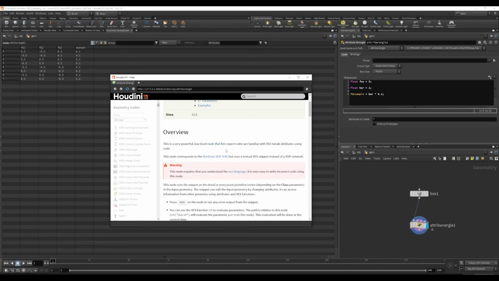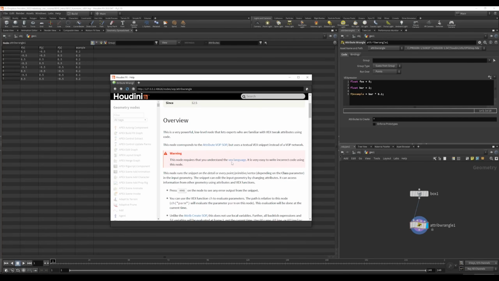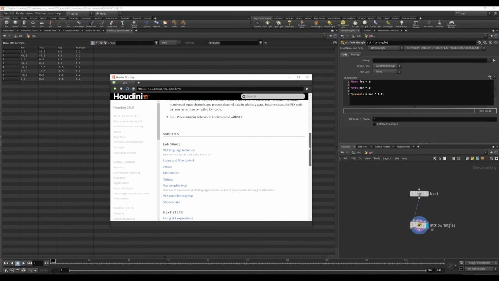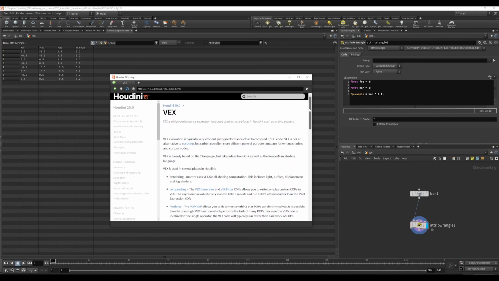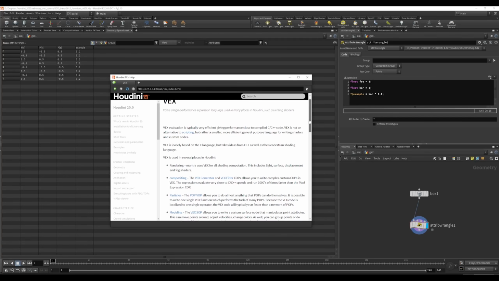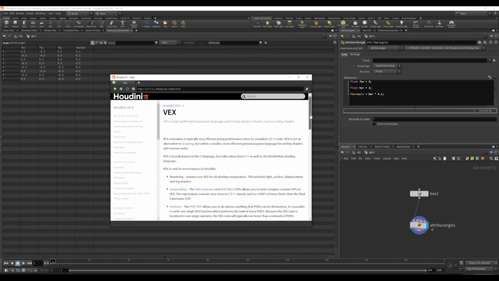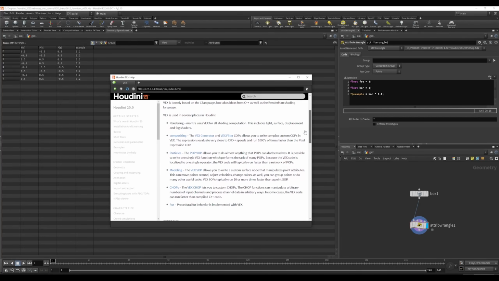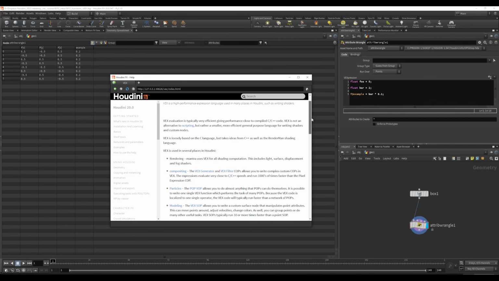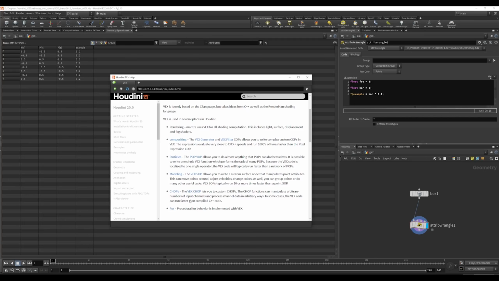So once we're in the attribute wrangle help context, we could just say Vex language here. And we get a little bit of an overview of everything that's going on in here. So this overview of Vex is quite useful to us, and we're going to rely on this quite a few times throughout this course. One of the reasons that Vex is such a joy to learn is because everything is explained to you. Maybe not the reasons as to why you should use something or necessarily the underlying functionality of these things,